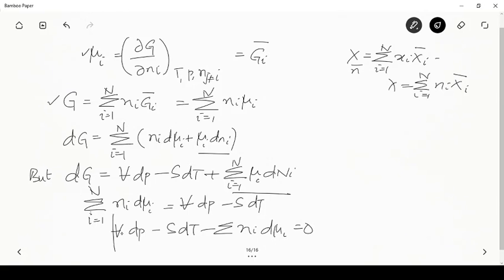Now this relationship or this equation is called the Gibbs-Duhem